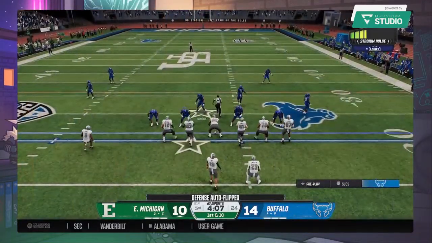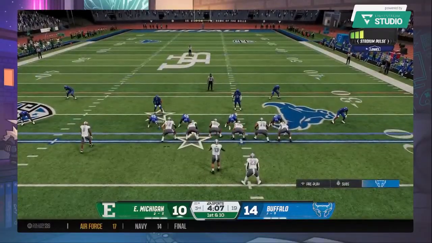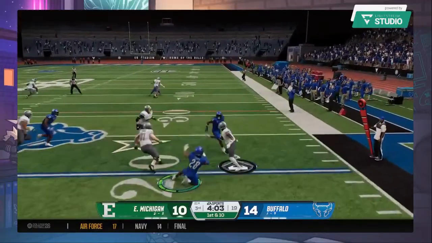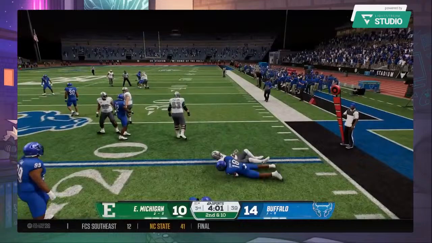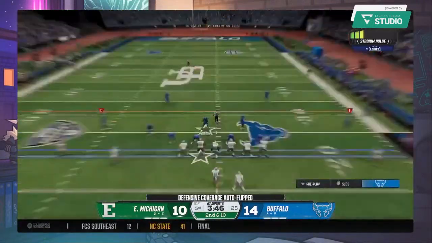They come to the line for the first play of the drive, snapping it from the 21. First play of the drive, wants to throw. Safe completion on the screen. And this one will be stopped for no gain. They're dealing with a 2nd and long.